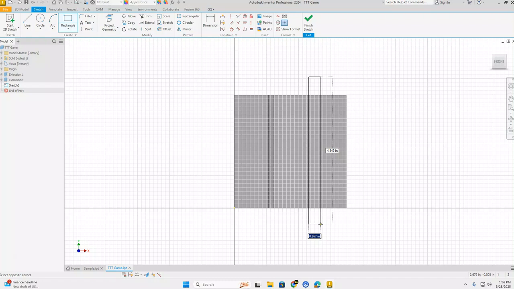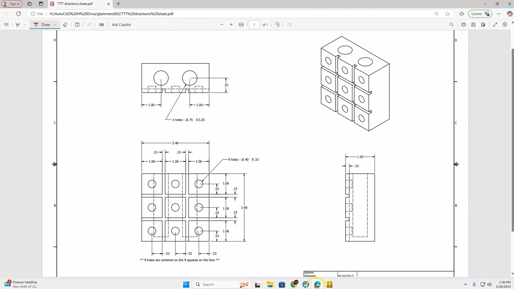And once again, we're just going to be entering in that one dimension. So let's take a look at our drawing. Remember that one dimension is from the width of the rectangle to the other side of that rectangle. And we can see that that's 0.15. Hopefully remember that from the last time. 0.15. Back on Inventor,